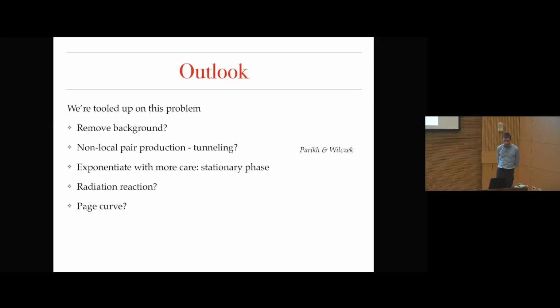Radiation reaction is a topic that's been very important in gravitational waves. Here, the physics would be, again, very similar. There's the physics of radiation reaction to pair emission. There are going to be some loop diagrams associated with back reaction to the Hawking radiation. A longer-term goal, obviously, would be to understand the Page curve, which would be of major interest to people beyond scattering functions. Okay, that's it.